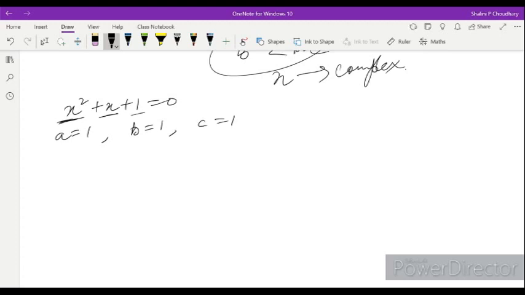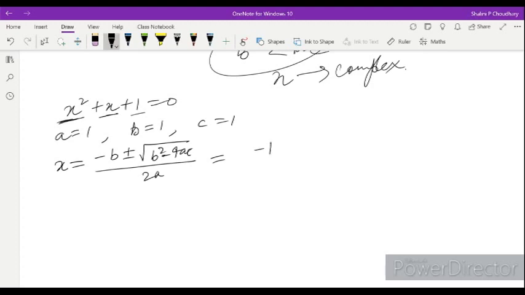Now what we have to find out is the value of x. There will be two values of x: minus b plus minus square root of b square minus 4ac divided by 2a. Okay, so the two values are what? So now we'll put the values. The two values are minus b plus minus, first of all we'll put the value.